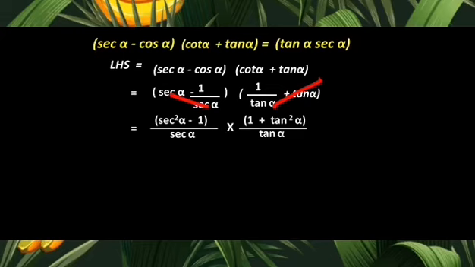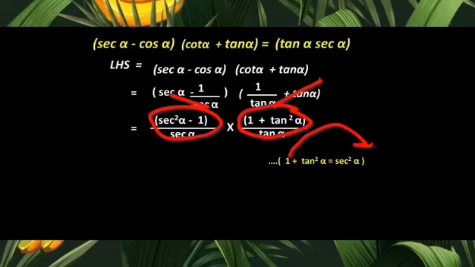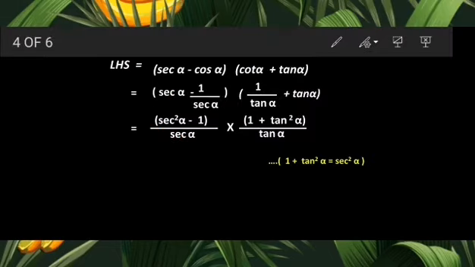Now observe the numerator, my dears. Now in the numerator we got again a part of identity, right? What is the identity? 1 plus tan square alpha equals to sec square alpha, and if you do little adjustment in the identity, you will come to know that sec square alpha minus 1 is nothing but tan square alpha. You have to just move this 1 to the sec square alpha, and you will come to know that sec square alpha minus 1 is nothing but tan square alpha. And this is the normal identity, 1 plus tan square alpha is nothing but the sec square alpha, and just replace them with the proper values, and you will get a further push to solve the sum, correct?